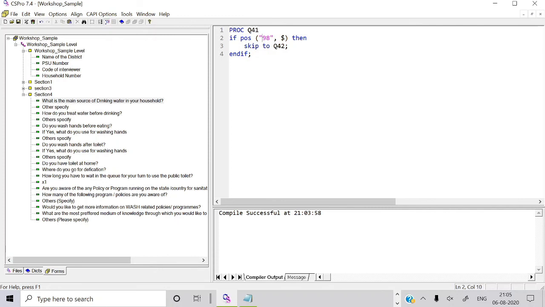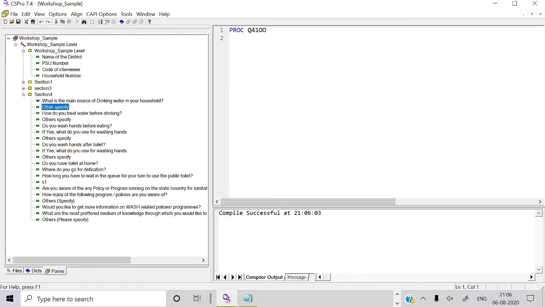Then 98 is the value, then a dollar, then skip to Q42. If it is 98, then it skips to Q42. This is the string value we added as POS, and then we gave 98. This is the skip variable basically.